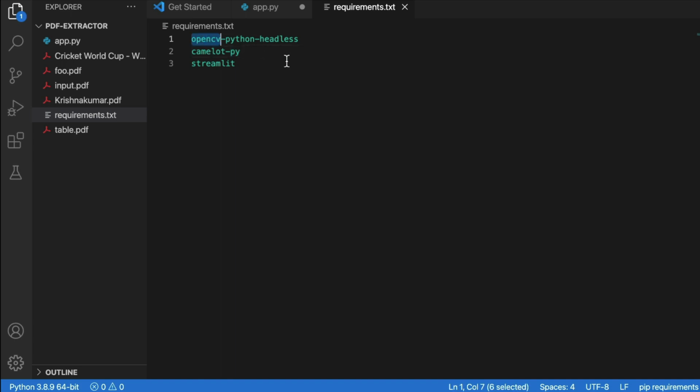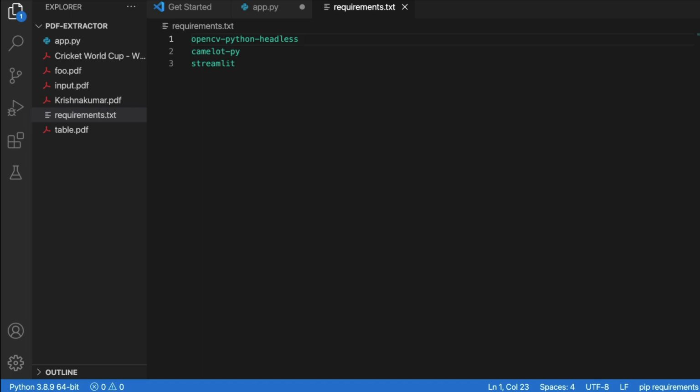And for us to use OpenCV on Hugging Face Spaces, we are installing opencv-python-headless. If you're going to try OpenCV only on your local machine, opencv-python is quite enough. But because we are going to deploy it on Hugging Face Spaces, you need to install the OpenCV headless version of OpenCV. So that is why you have opencv-python-headless as the first library,